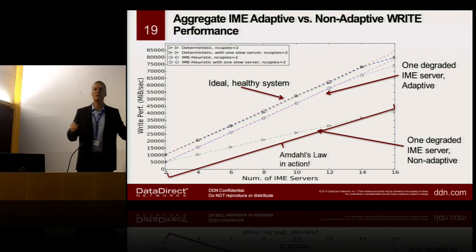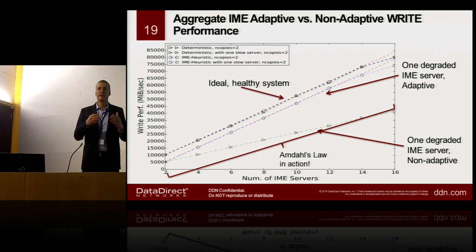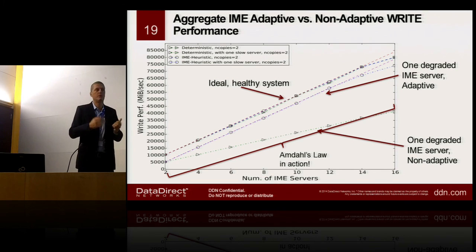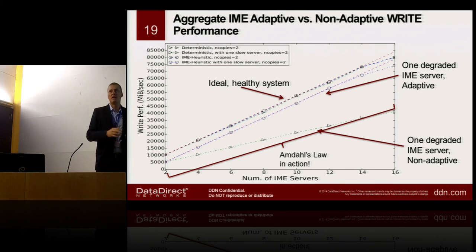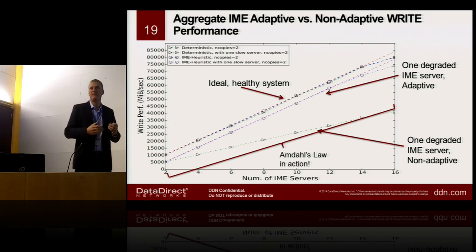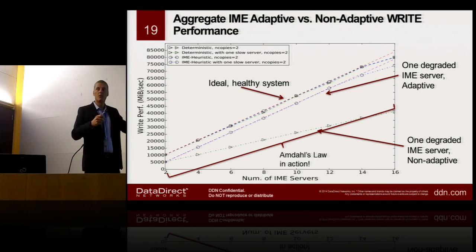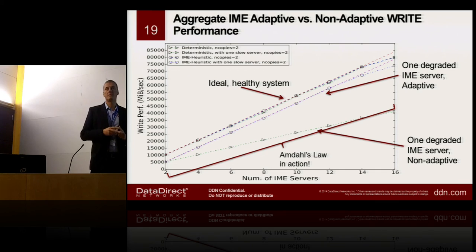Then what we were doing, we were injecting I/O on one of these IME servers. So we were putting some external I/O source in order to mimic a faulty component, or a component which was misbehaving or going a bit more slowly. And then we were doing this test with 2 data placement